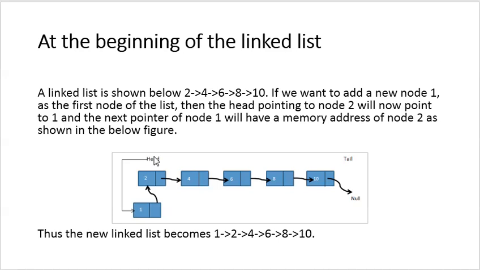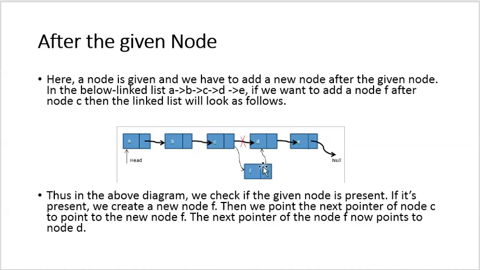For inserting nodes, the head will be pointing to 2, so you just have to change the pointer of the head to 1 and the pointer of 1 to 2. So like this you can add a new node at the beginning. If you want to add a node in the middle,